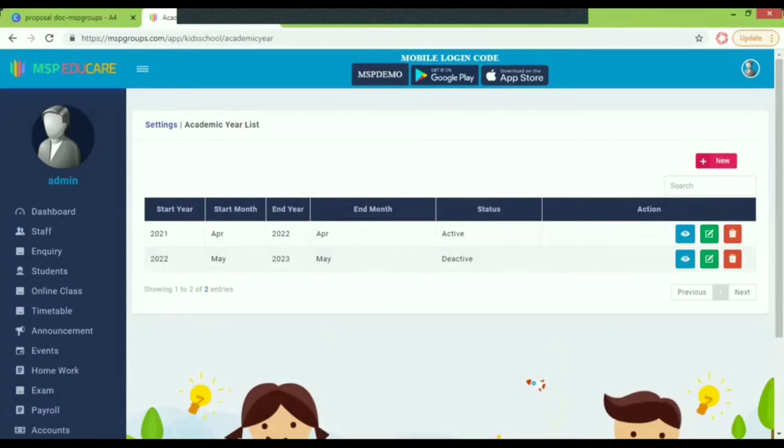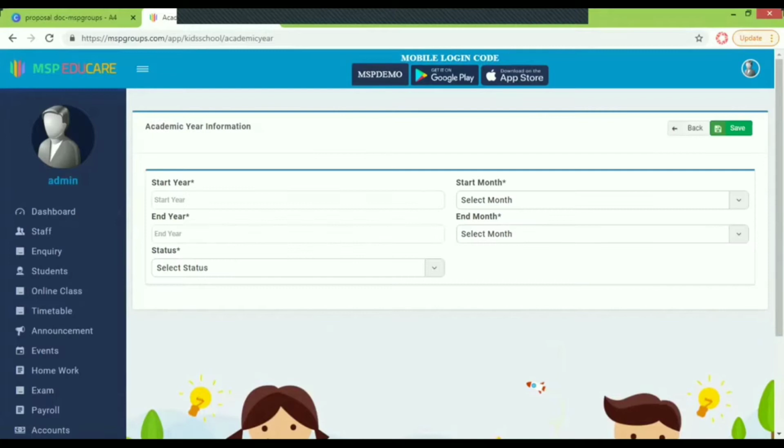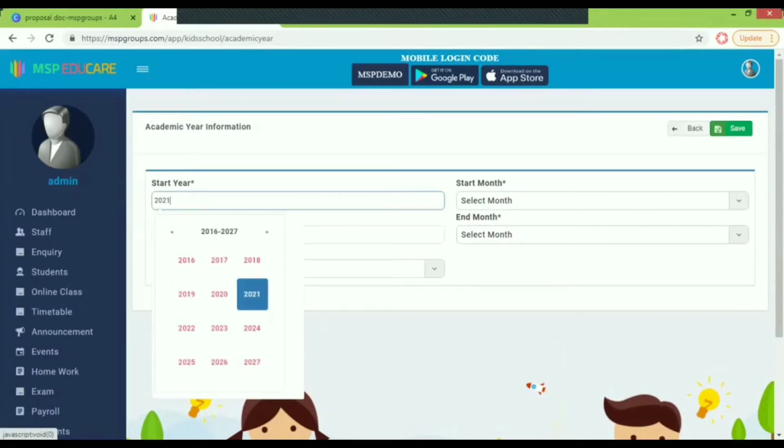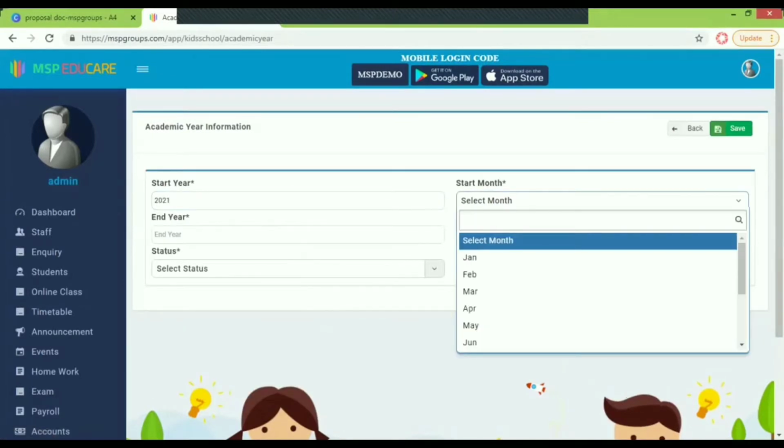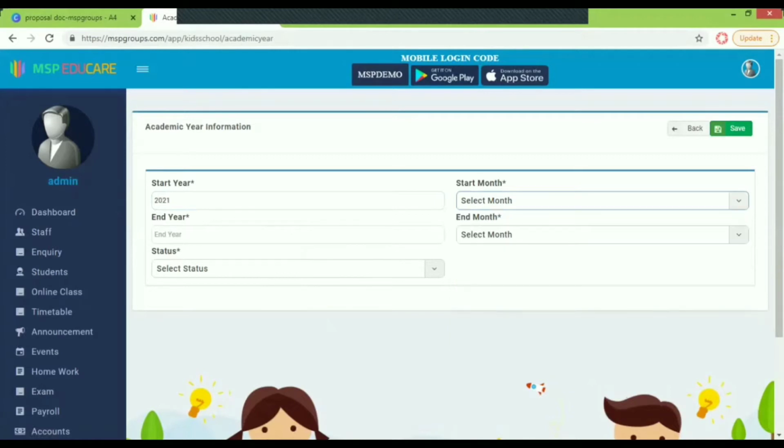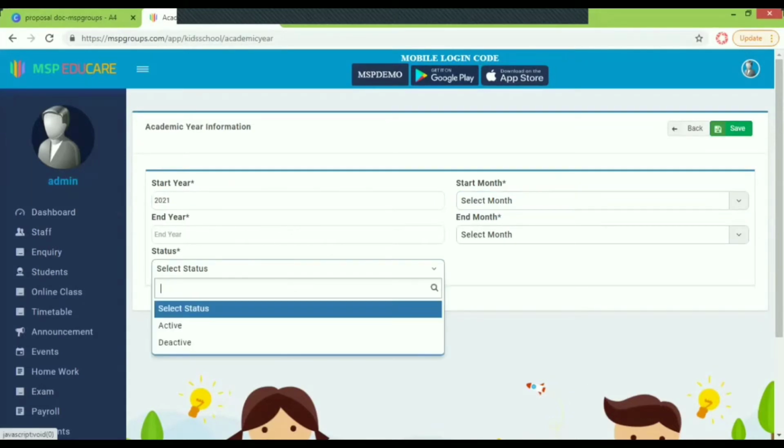And here the academic year setting is like you just go to new, you give the current year, the month the academic year will be starting, and the end year and month. And you can either make it active or deactive. Active means it will come into effect by then. If it is deactive, for example, let us assume the school is about to start in June and now it is April. So what do we do? We'll keep the academic year in a deactive state,